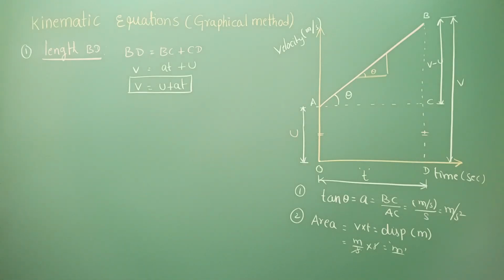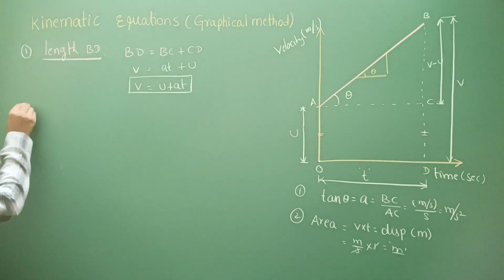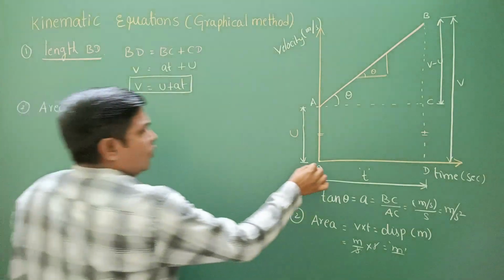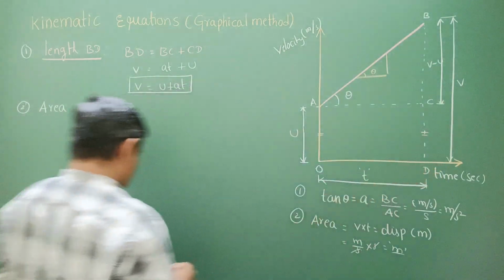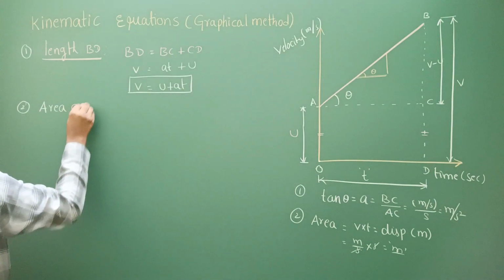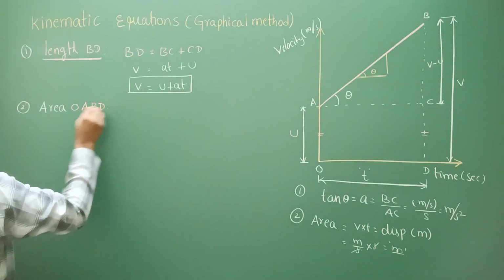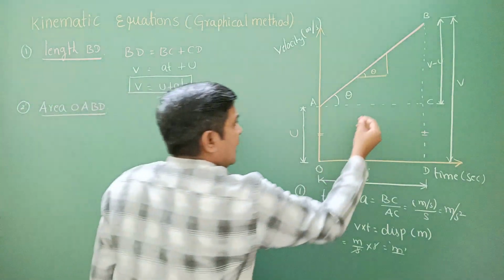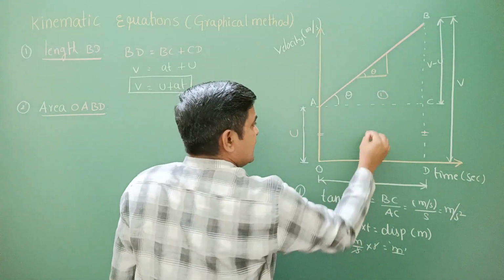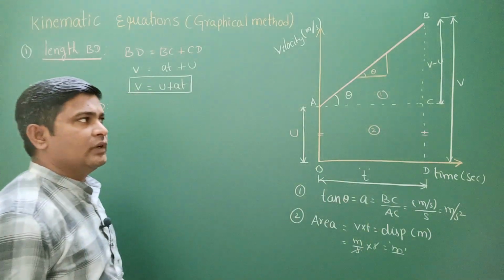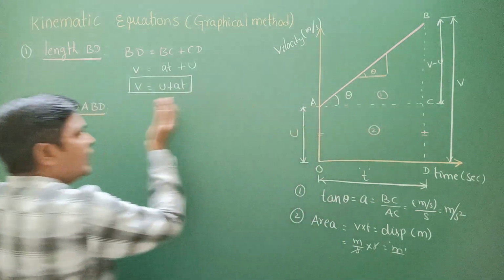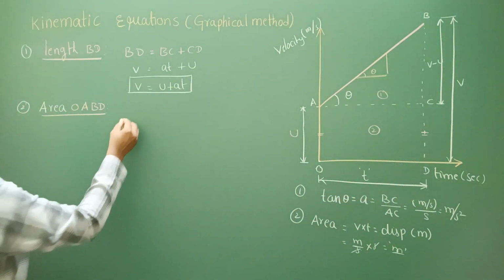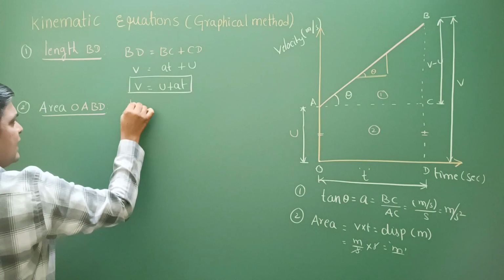So you can simply find the total area. You are going to calculate the area OABD. So if you want the total area, you can calculate that as one triangle area and another one rectangle area, right? So these two areas, if you add, you are going to get the total area OABD. That's why I am writing it as the sum of triangle area